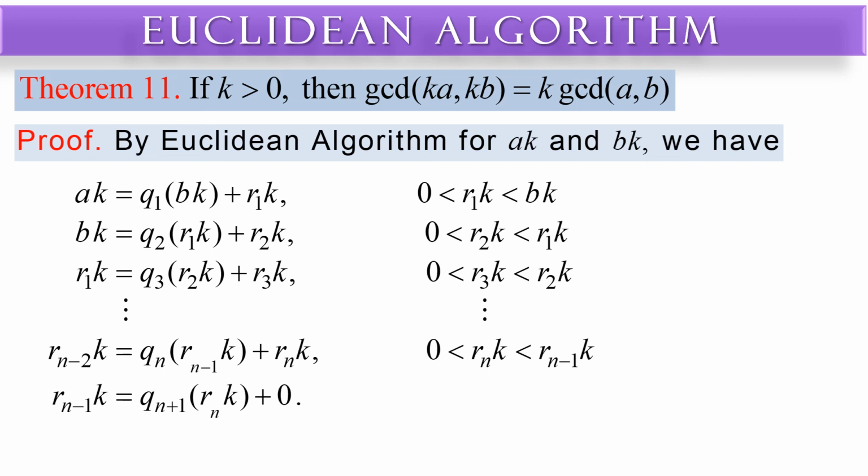Last is r sub n minus 1 times k is equal to q sub n plus 1 times the quantity of r sub n times k plus 0. Therefore, the GCD of k times a and k times b is equal to r sub n times k, which is equal to k times the GCD of